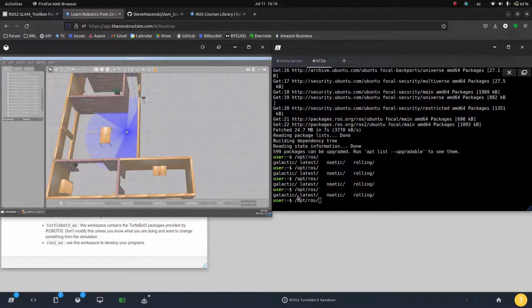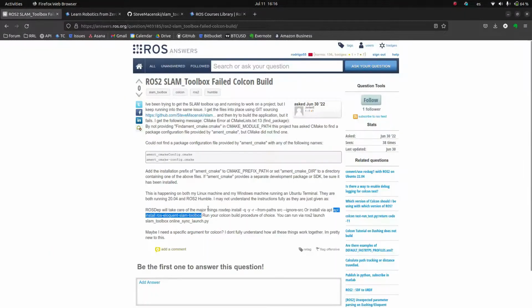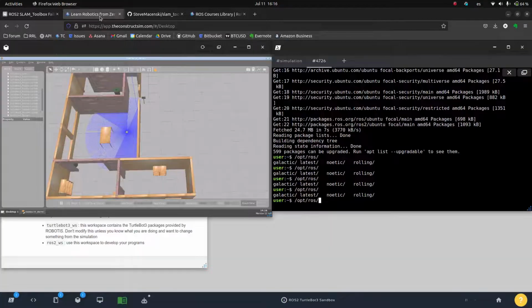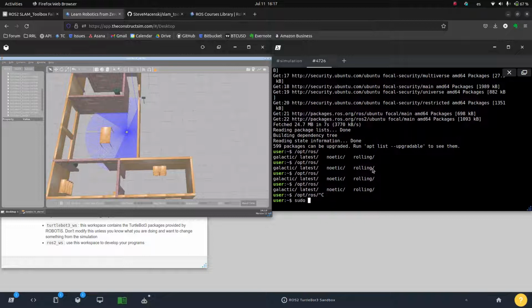You'll probably only have one distribution. This guy had humble, I saw. Yes, he has ROS 2 humble. So instead of ros-galactic, like I'm going to do, it's going to be ros-humble. That's it. So in here you should just do sudo apt install ros-galactic